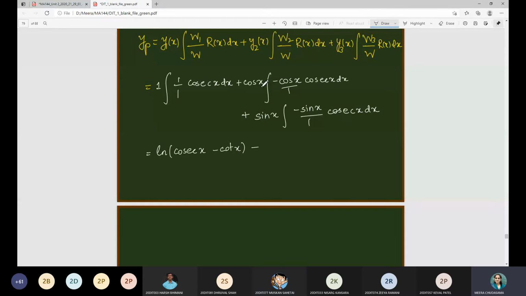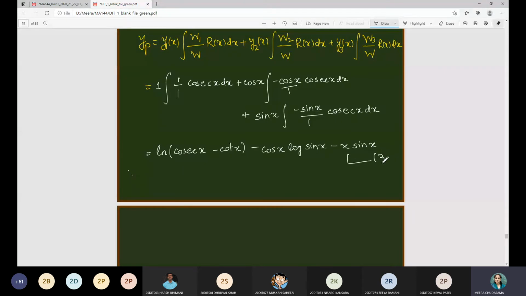This negative sign I can take common. This is cos x upon sin x. The same example we are having, right? So log sin x, yes, it is minus cos x into log sin x. Here again the negative sign, cosec and sine will cancel out because they are inverse of each other. So we'll have just x as the integration of sin x. So this is the particular integral.